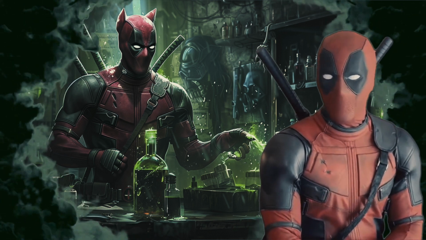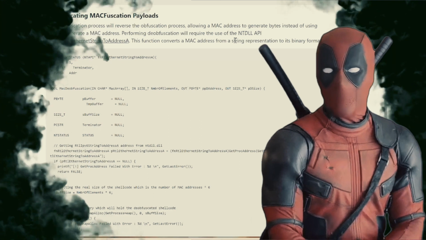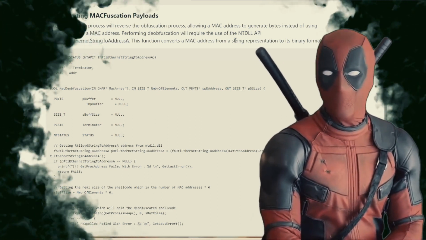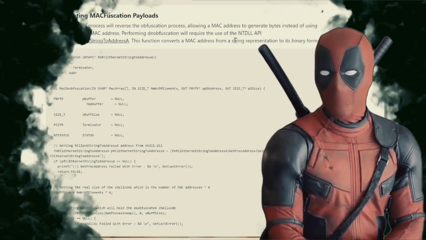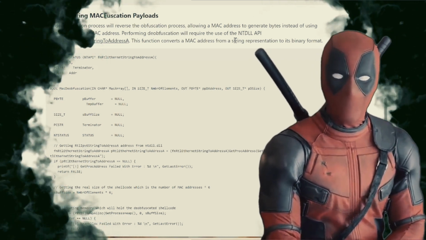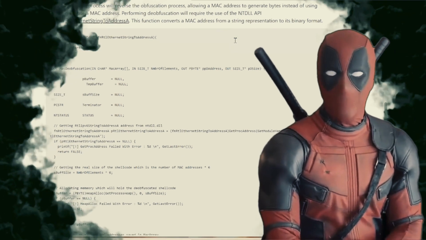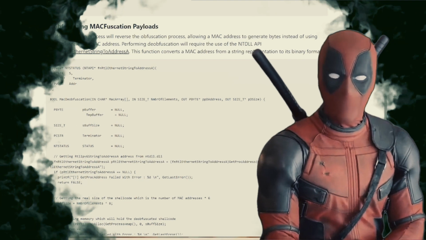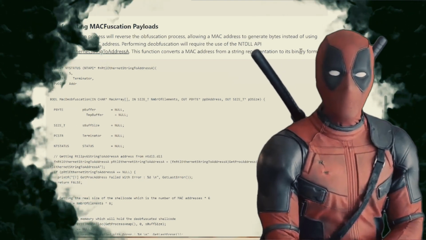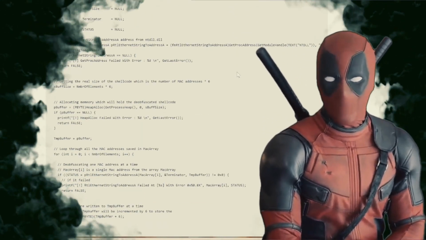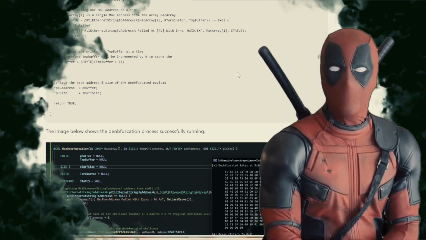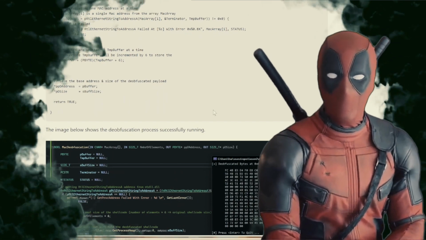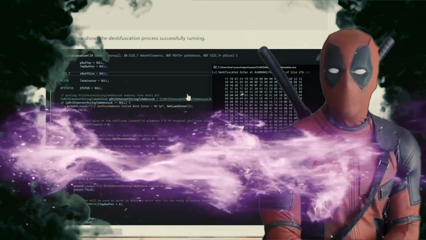Deobfuscating MACFuscation payloads. The deobfuscation phase for MACFuscation involves converting MAC address strings back into their original byte sequences, effectively reversing the obfuscation process. This crucial step utilizes the NTDLL API function, which interprets a MAC address's string representation and returns its binary form. Through this function, obfuscated payloads camouflaged as MAC addresses are decoded back into executable shellcode, ready for their intended operation. Payload obfuscation,